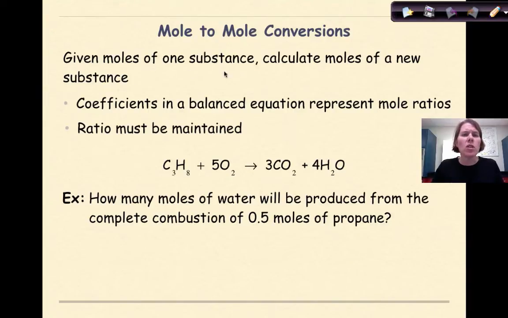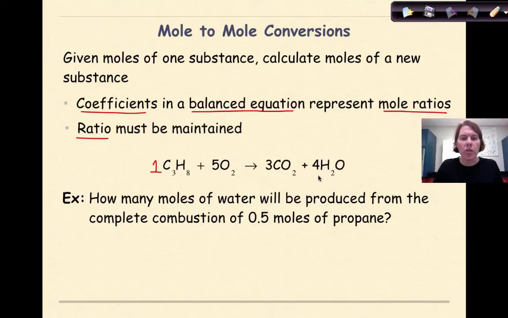So what are we doing here? Well, given moles of one substance, we're going to calculate moles of a new substance. We need to know that the coefficients in a balanced equation are going to represent our mole ratios, and the ratios have to be maintained. In other words, you can't change the numbers that appear in this balanced equation. If I look at this, I have C3H8, which is propane, plus oxygen gives me carbon dioxide and water. There is an assumed 1 here that we need to be aware of,